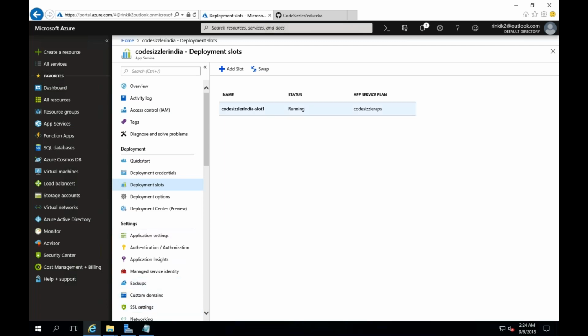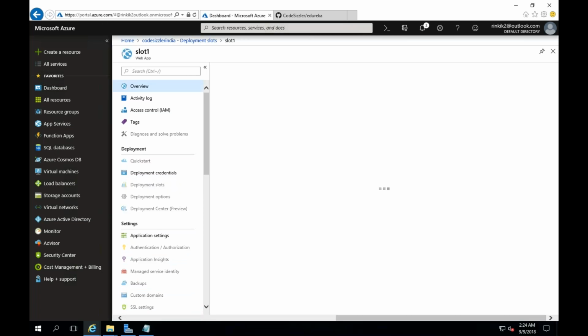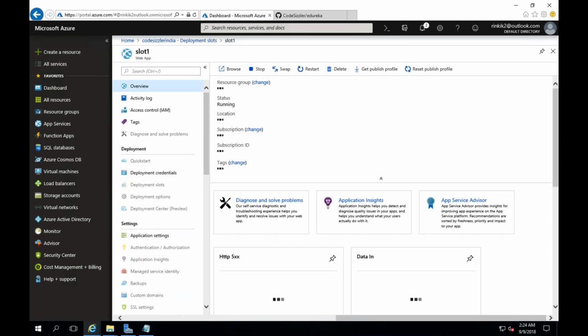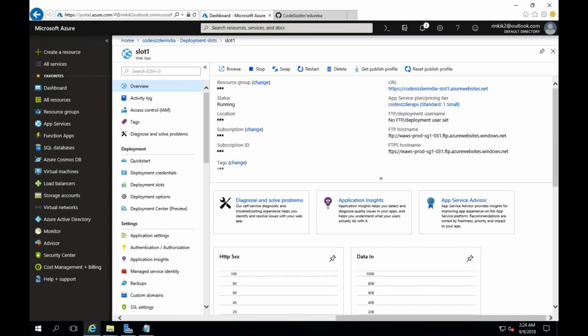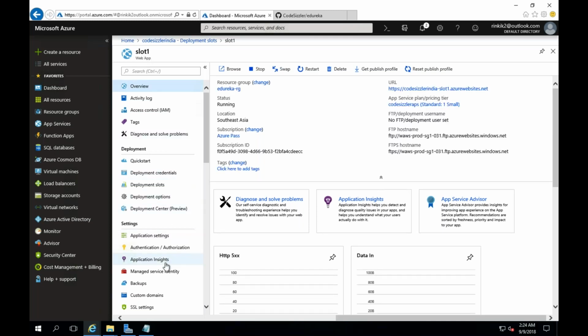Okay, the slot has been created, and click on the slot. You will get the same page like what you have for the web app. See, slot 1, you have web app. Okay, you can scroll down, you can go for deployment options,